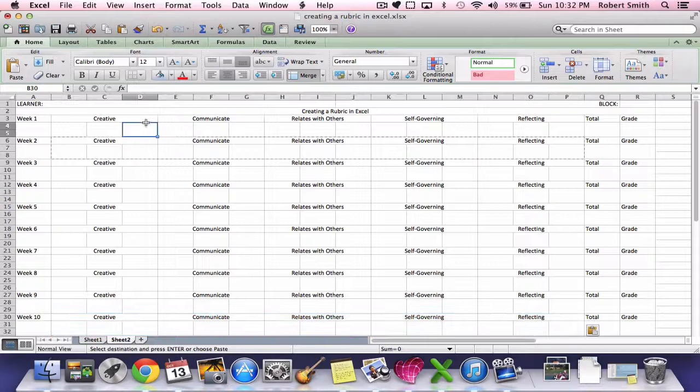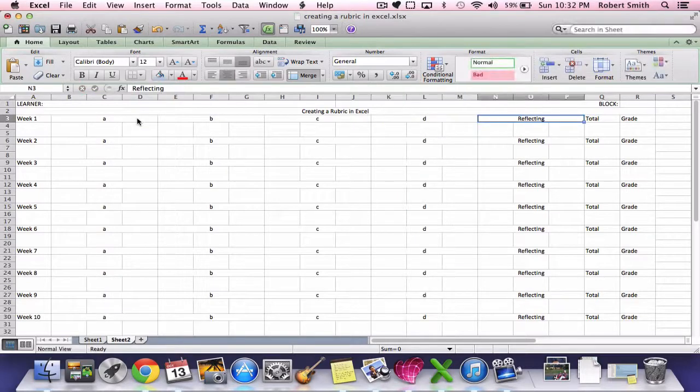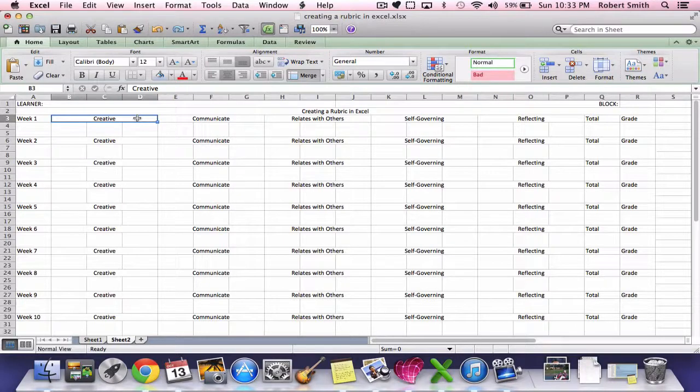Alright, so what you can see here, if I change these headers to A and B and C and D and E, they show up that way. So what we're going to do is we want inside borders on all of this inside that cell. So we're going